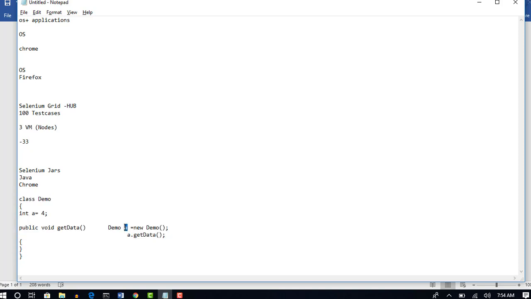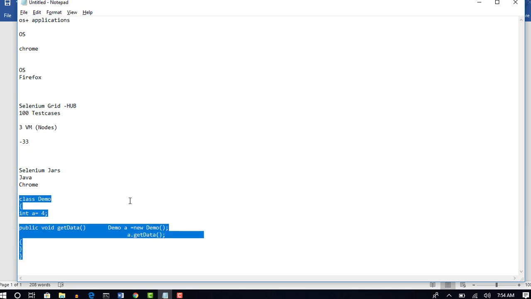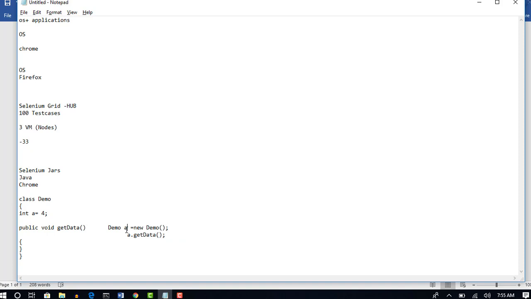Basically, an object is instantiating the whole class, isn't it? And it's responsible for running the methods present in the class. You can clearly see that we are calling the method with the help of an object, a.getData. And whenever someone asks what is an object in Java, we say it is an instance of a class.